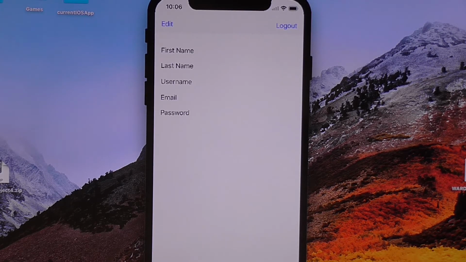Alright, so the profile, as before, has your avatar picture here, first name, last name, and all your basic information. There's a quick access edit button to change any fields that we want to allow you to. Obviously no primary keys like email or username, but you can change your password, first name and last name, avatar picture, and things like that.